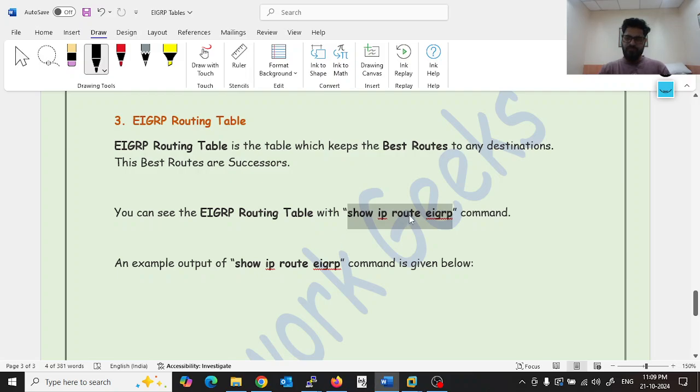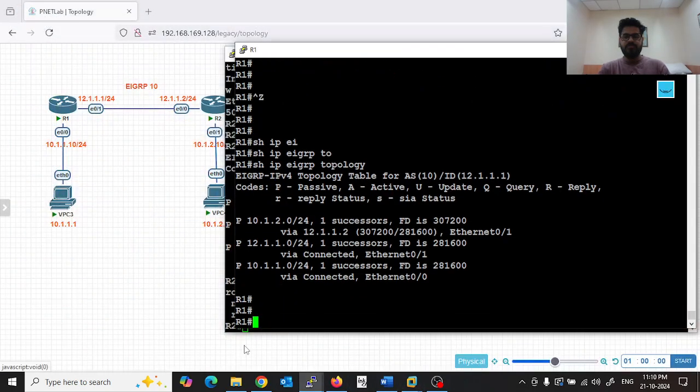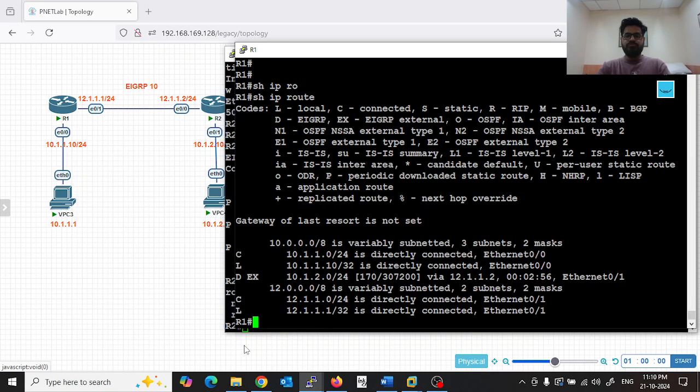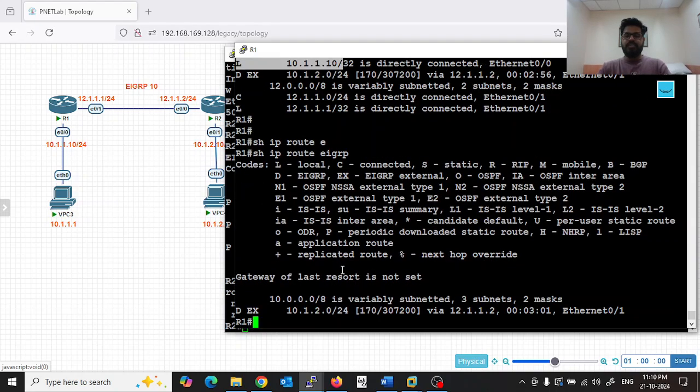Show IP route gives information about all routes, but if I use show IP route EIGRP, it gives only EIGRP route information. Let's check on R1 first, show IP route. You can see all the route information is here, but if I check EIGRP, this is giving me only one route, which is